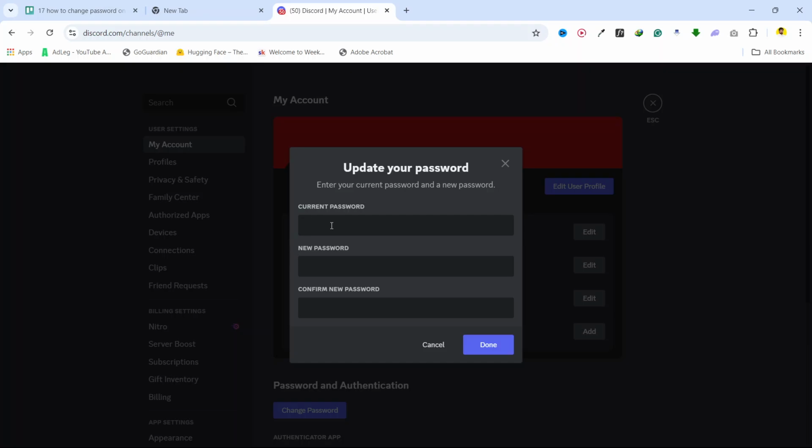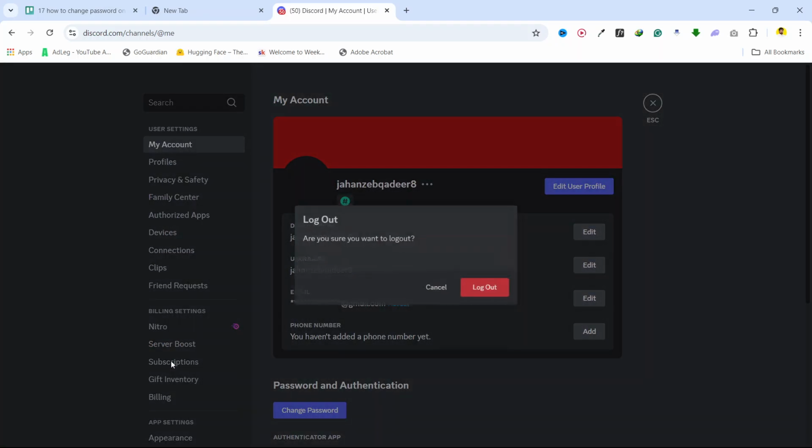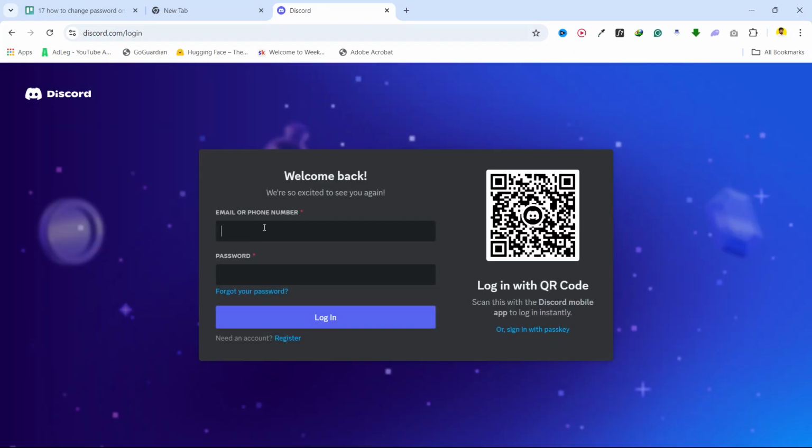But for that you need to enter your current password, then you can change. But I do not remember my current password, so you simply need to scroll here and click on logout. Click on logout again, and here you need to add your email or phone number. So I am going to add my email address here,